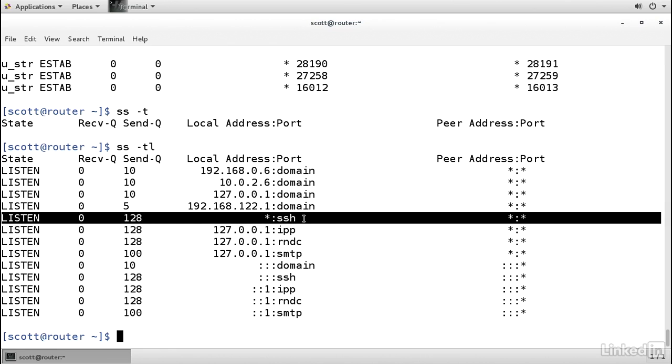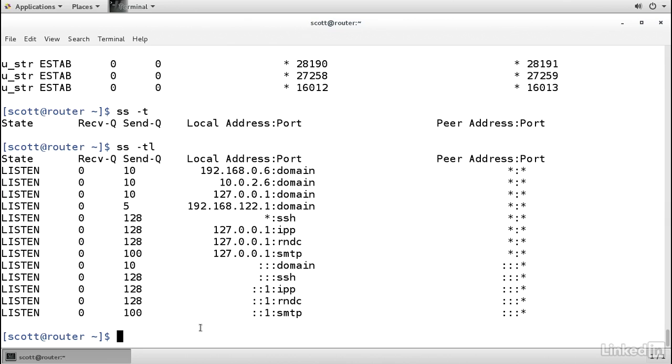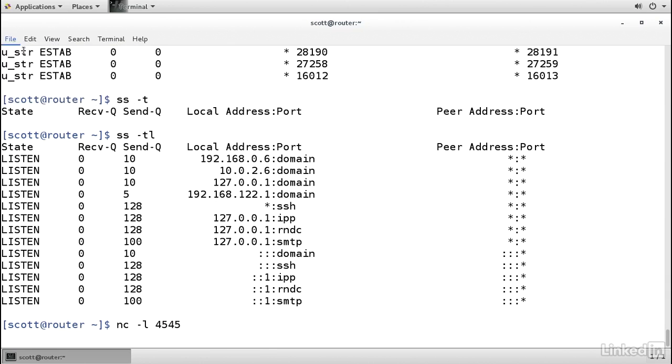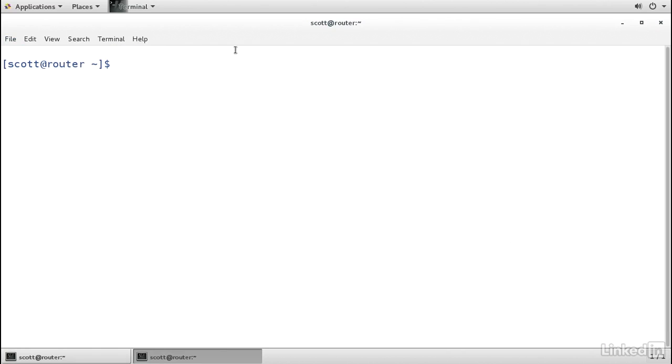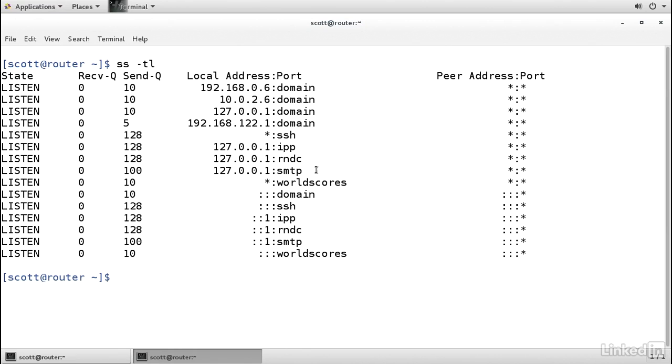Let's start up a program to listen for some input. Here on my router virtual machine, I'll start up Netcat, listening on port 4545. To do that, I'll write nc -l for listen 4545. I'll open up a new terminal here. And if I take a look at my sockets again, with SS -TL, I can see a newcomer here, called World